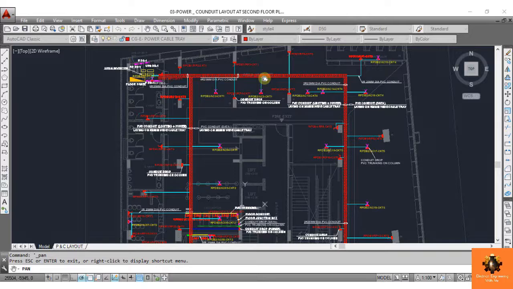So you can see in this plan we have many power outlets. Therefore, for these power outlets we require 12 to 15 conduits of 25 mm. Now ask yourself, how can these 12 conduits or 50 conduits be installed on this ceiling? So to carry these conduits we are installing cable trays in this plan. All the conduits will run through these cable trays. Clear? Hope this is clear for you why we are using cable trays.